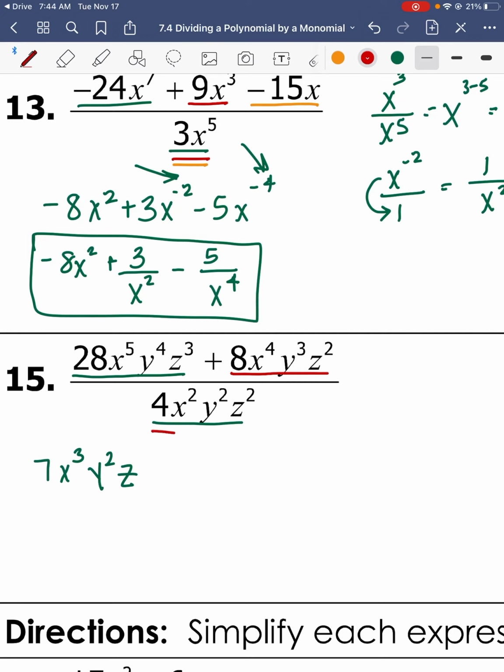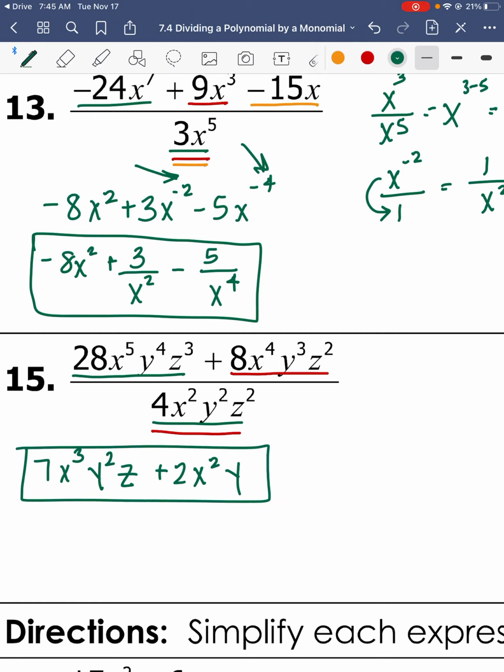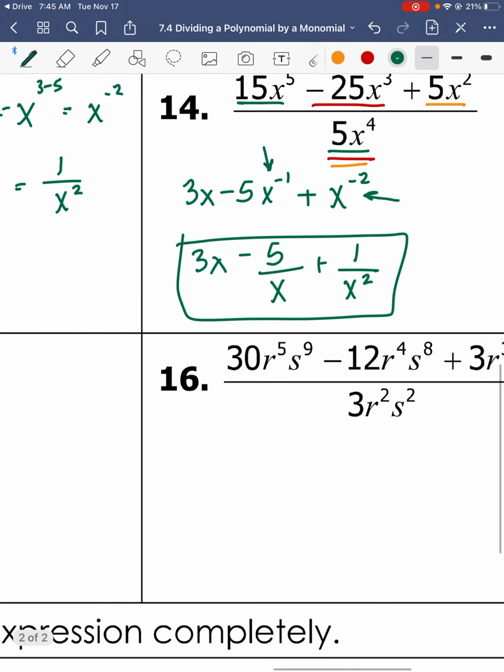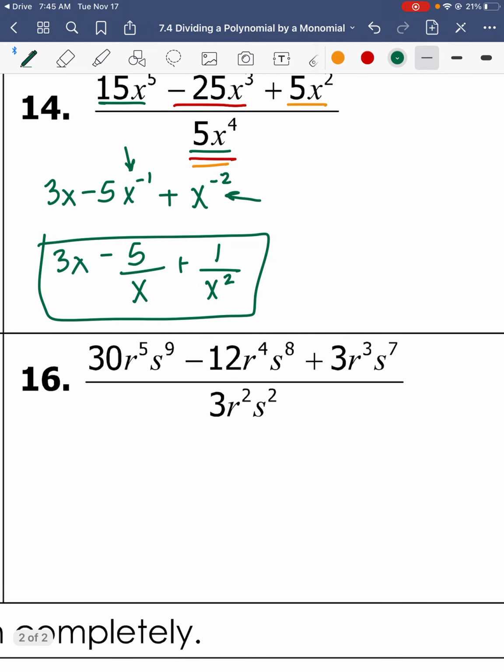And then we have 8x to the 4th y cubed z squared divided by 4x squared y squared z squared. So 8 divided by 4 is 2, x to the 4th divided by x squared is x squared, y cubed divided by y squared is just y, 3 minus 2 is 1, and then z squared divided by z squared is 1, so we don't need to write that one. There's our final answer. And then last one of this type here,